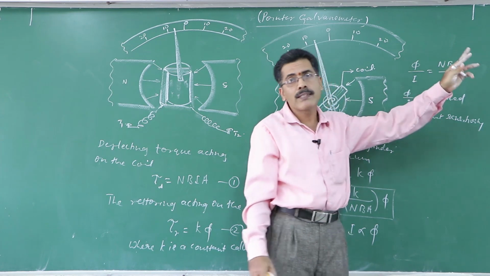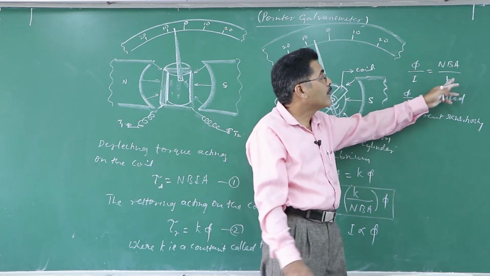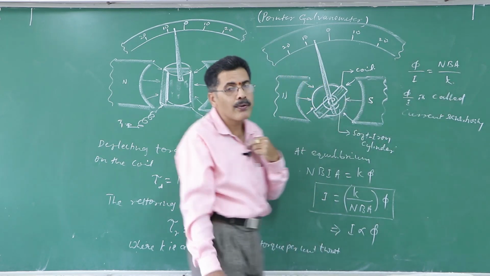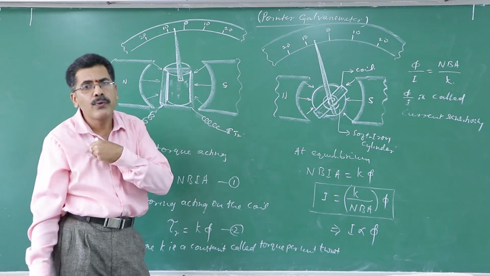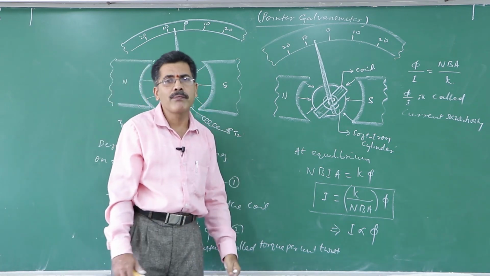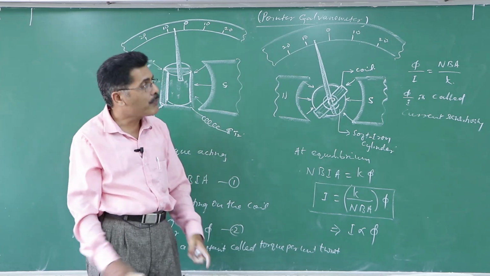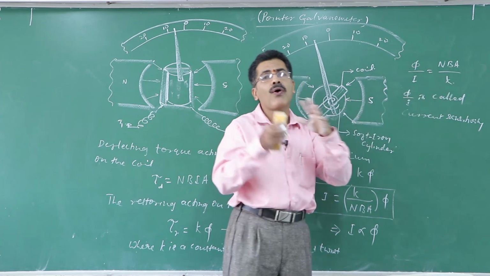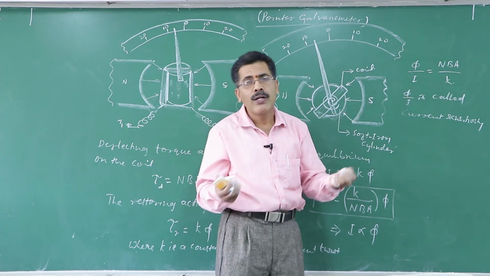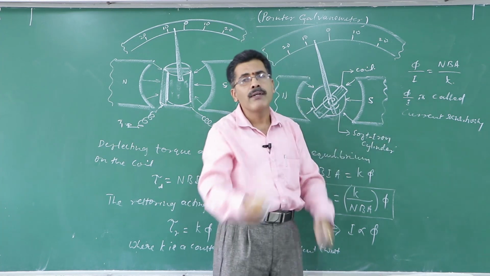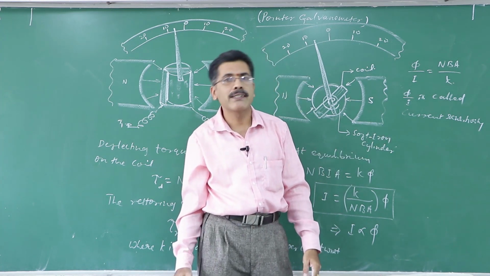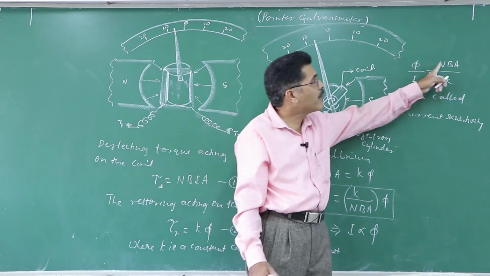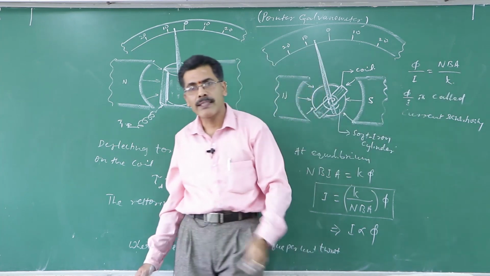If the area of the coil is high, sensitivity is high. If torque per unit twist is smaller, sensitivity is high. So this equation tells you that you cannot increase the sensitivity of a galvanometer beyond a certain range. Why? Because if you increase the number of turns and the area, the coil becomes heavy. Therefore, the torque required to turn that coil would be larger. In practice, we cannot increase the number of turns and area beyond a certain range.